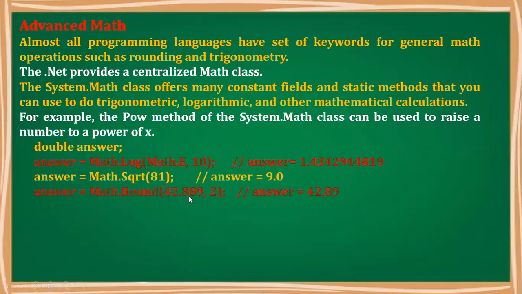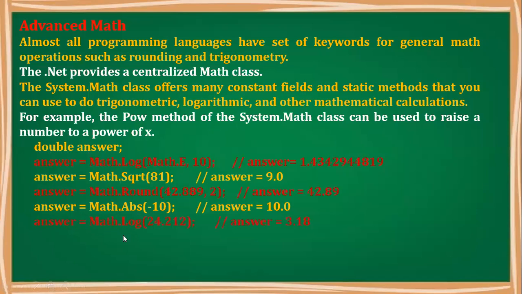Math.Round, so obviously it is going to be rounded up to two decimal places. Okay, rounding of 42.889 and you tell the function to round it up to two decimal places. So 9 will round up, so it will be 42.89. Answer Math.Abs. So Abs is absolute value, so it will give you 10.0. Why is 10.0 there? Because our answer is in the form of double. Did you get that one? Okay, because it is a built-in function and that calculates the value in the double format.